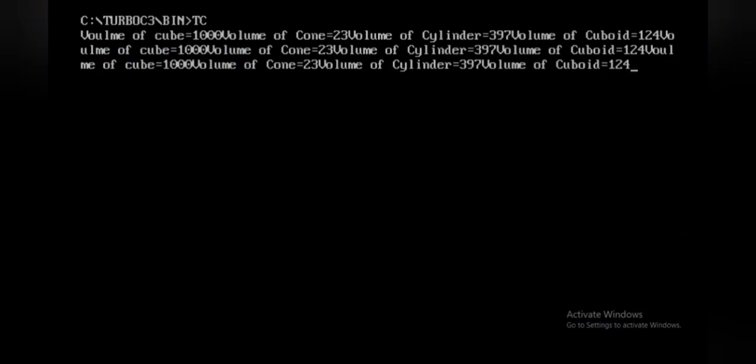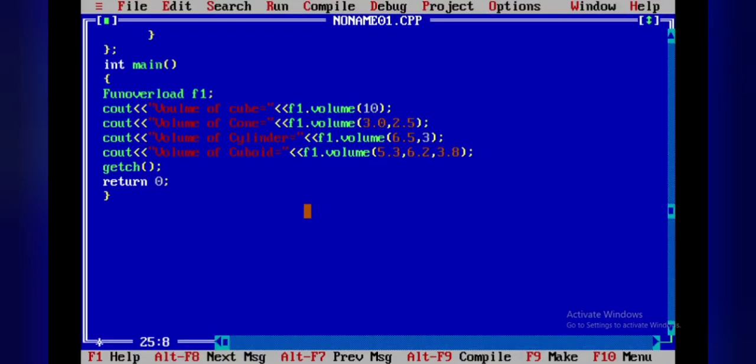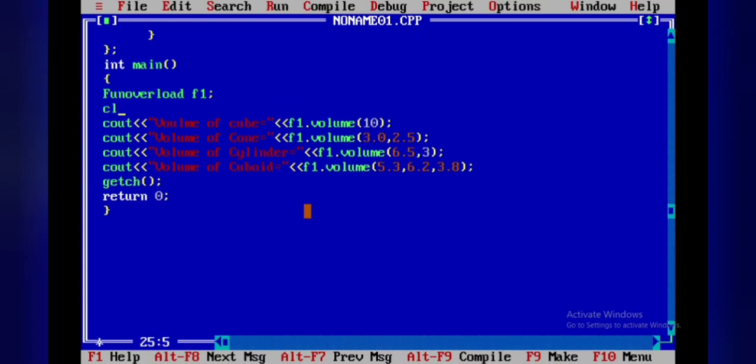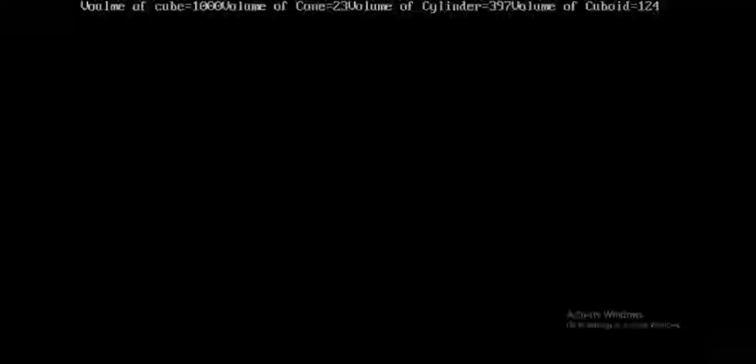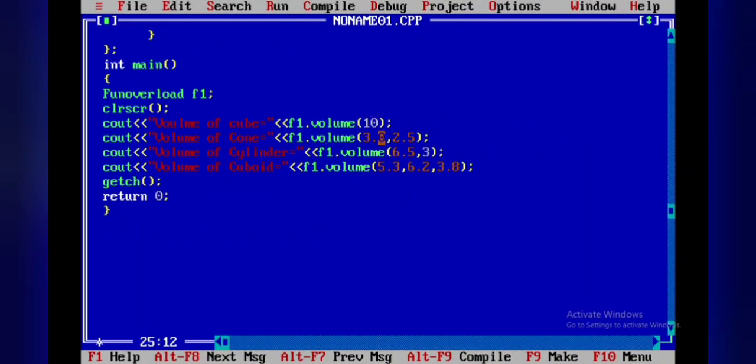Okay, wait, I am going to use clear screen here. So no need to specify the values here, directly it is going to compute and display the value. Okay, so alt F9, then control F9. So volume of cube is 1000 and volume of cone is 23, volume of cylinder is 397 and volume of cuboid is 124. Why is it displaying in a single line? Because here I haven't used endl.